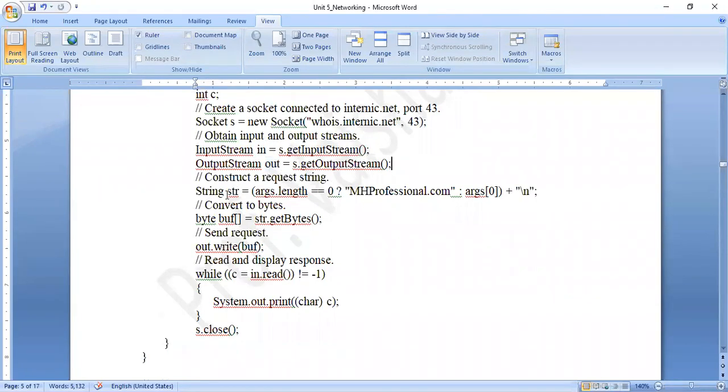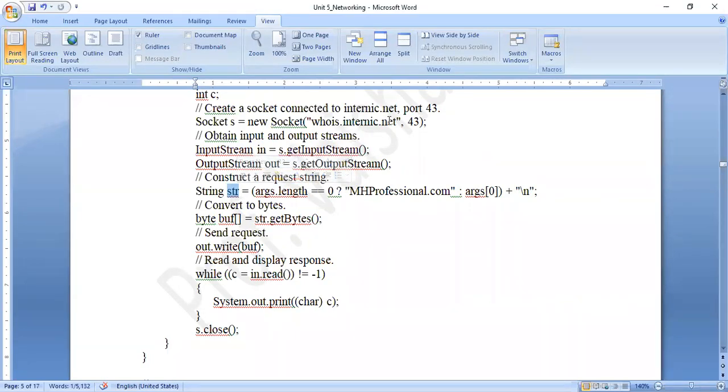I have to first send a request, isn't it? So I'm going to send a request to internet.net website. For sending a request, first I'm going to create one string variable. That string variable is going to store the website name about which I want to inquire to internet.net.